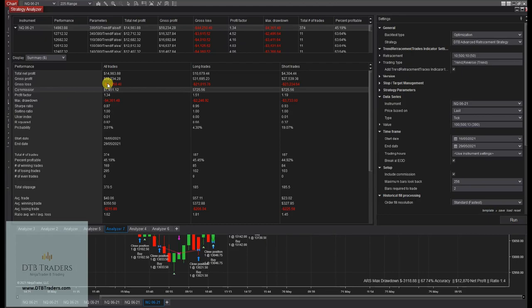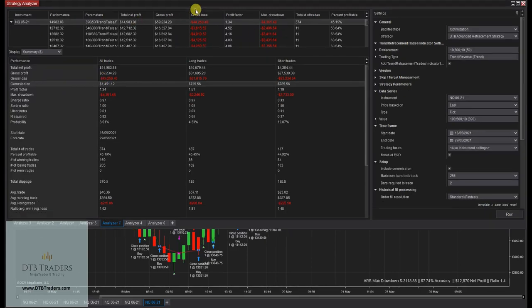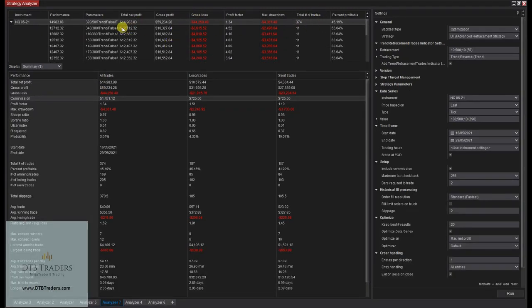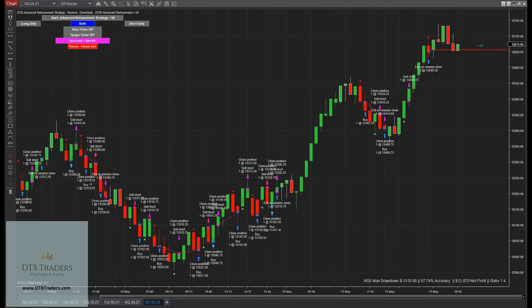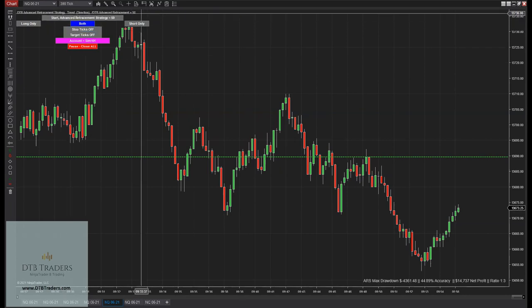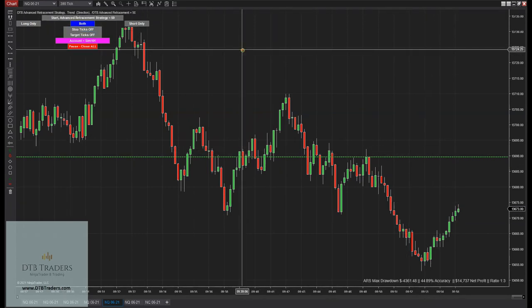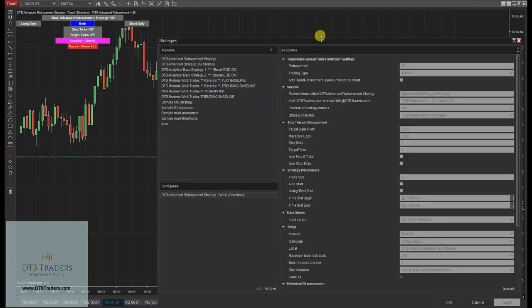Now I wanted to switch back quickly to this chart over here with the 374 trades. So this was the 390 tick chart with the 50 retracement. Okay, so let's have a look at that. So 390 chart with the 50 retracement. So if I go into the strategies,